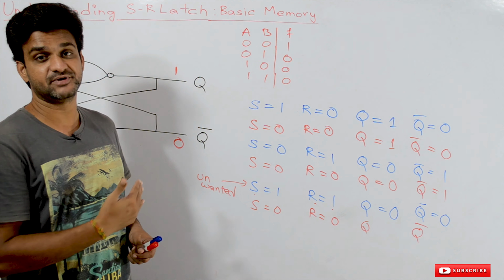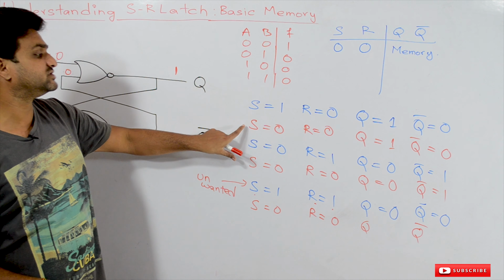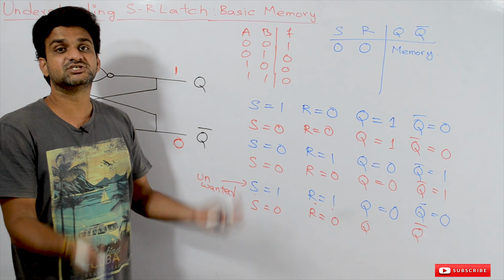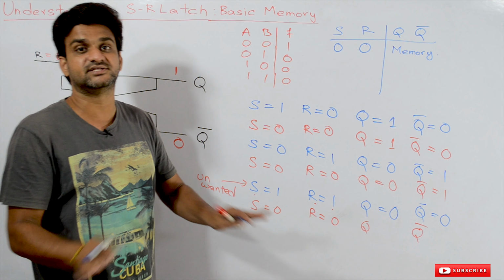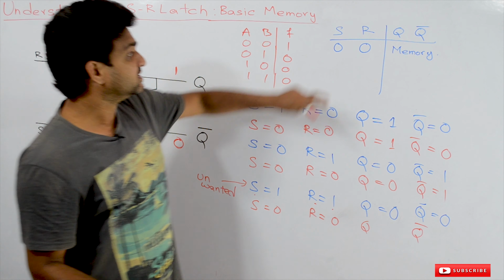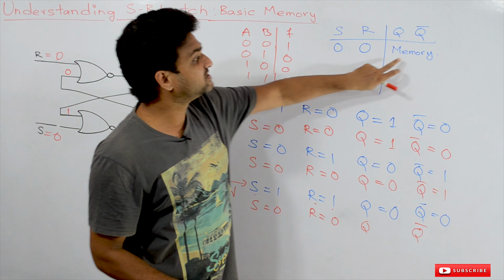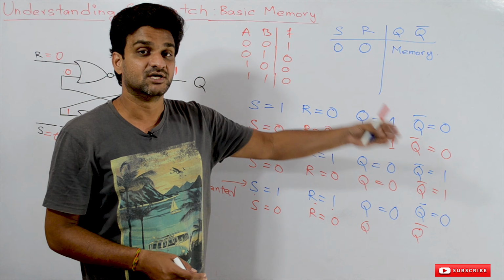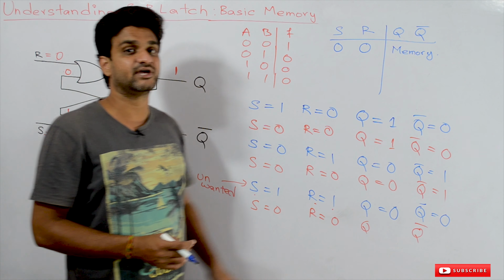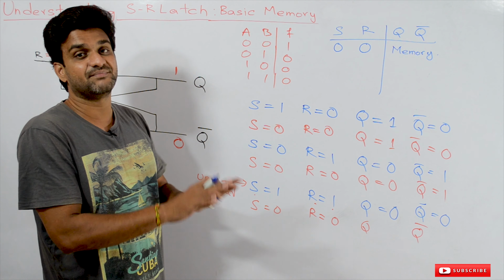This is what we call the memory state. This is a memory, which means that the things are getting memorized. After 1 0, if you try to change the inputs to 0 0, the things will be memorized. They will remain as they are and will never change. So whenever we have the input as 0 0, it is the memory state, which means the things remain as they are. It depends upon the previous inputs, so the previous outputs that we got will remain the same.